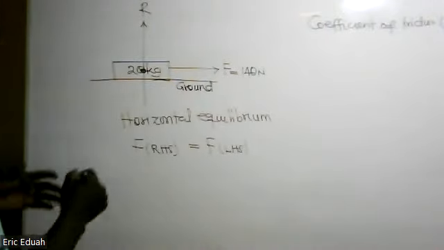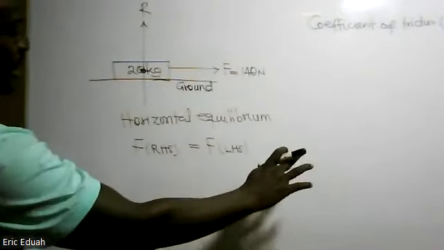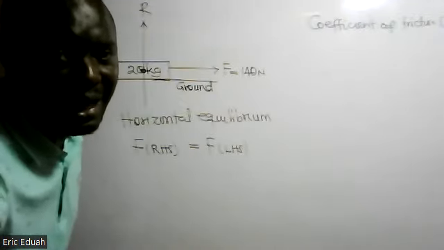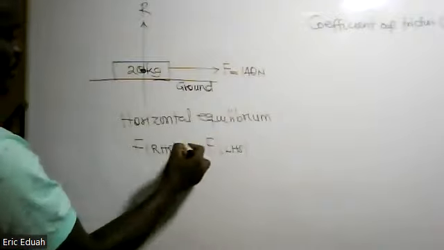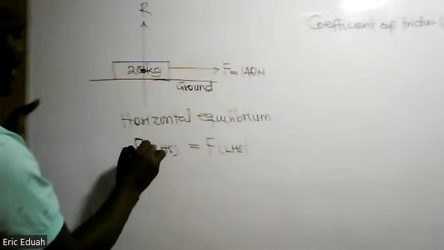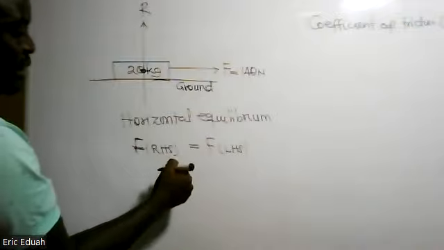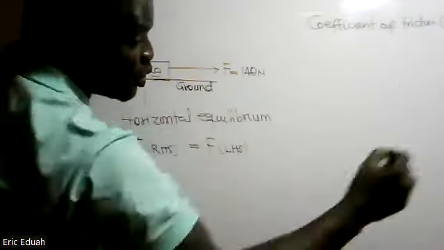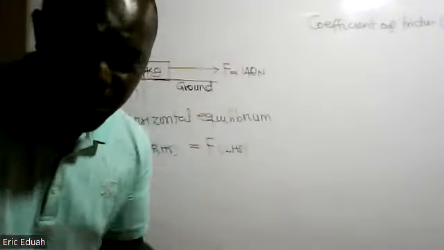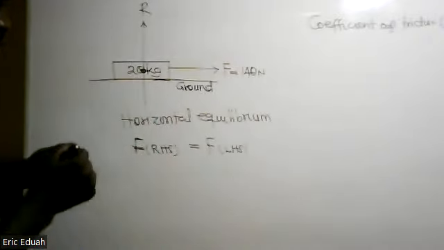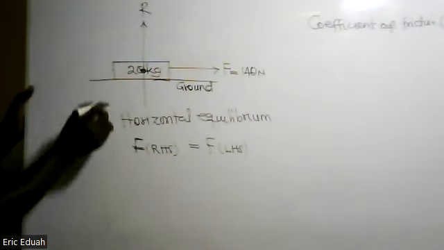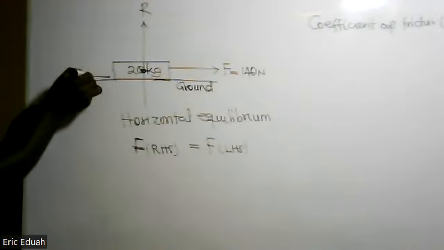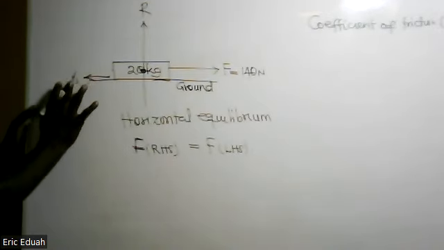what I'm saying is that because the body is moving at a constant velocity, meaning we have a situation of dynamic equilibrium. So the right-hand side force must be equal to the left-hand side force. What we have here, we have the force with which your younger brother pulls the mass. What we have at the left-hand side,